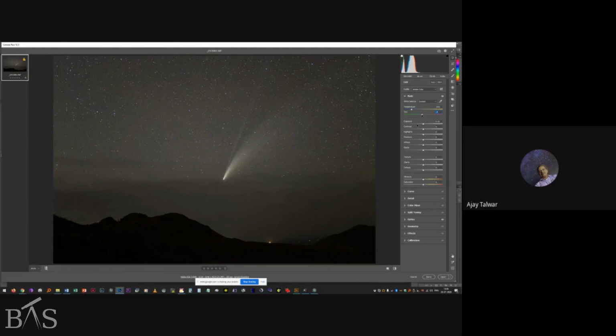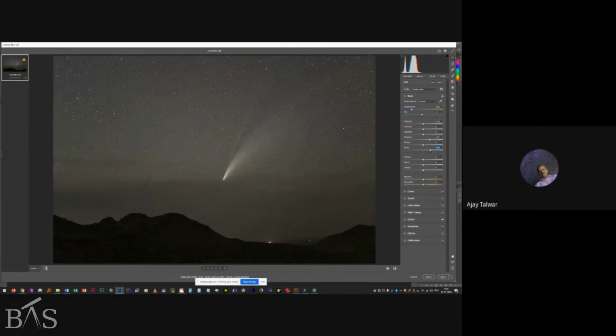And now I also want to get some detail in the foreground. So I will increase the shadow. But I see that there is actually no detail available in the foreground. So I will let it be because it will only increase the noise in the lower portion. Then clarity a little bit,